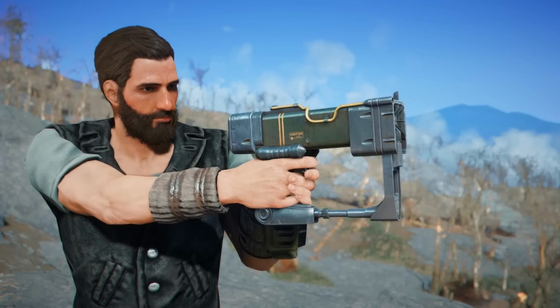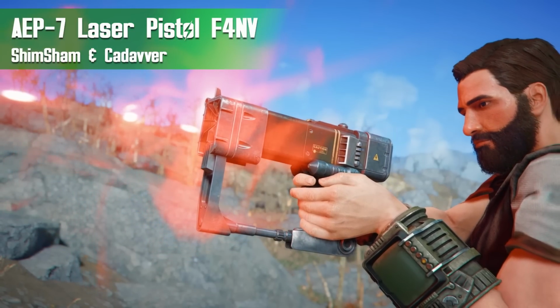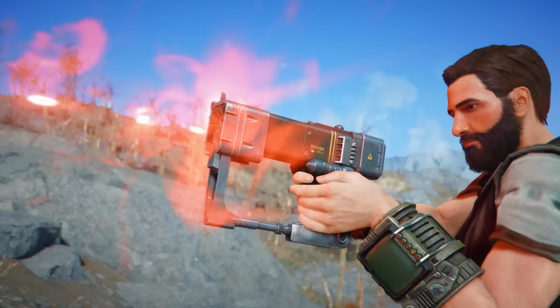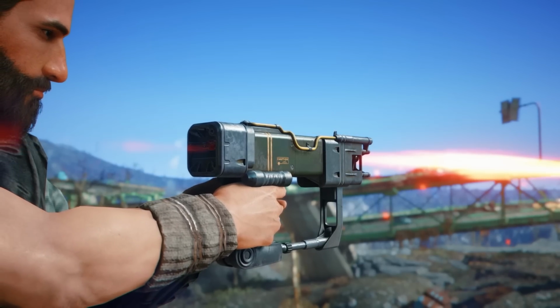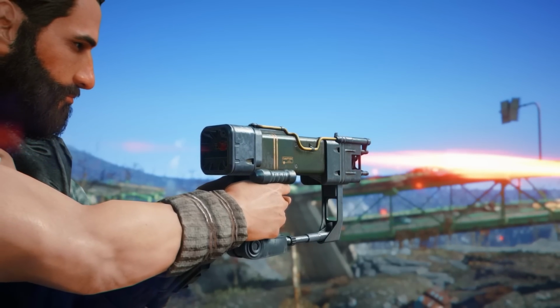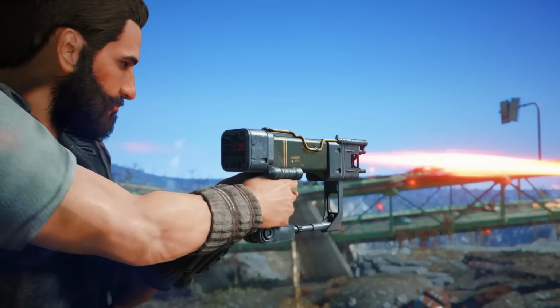Today we're checking out the brand new AEP7 Laser Pistol and Pew Pew mod by the Fallout 4 New Vegas team, more specifically ShimSham and Cadavver. This mod is an absolutely beautiful recreation of the classic design of the laser pistol present in Fallout 3 and